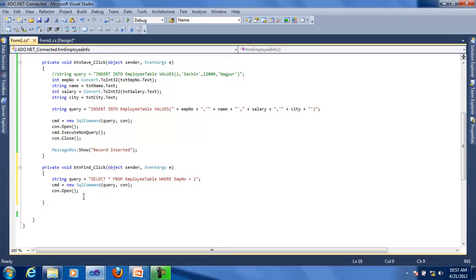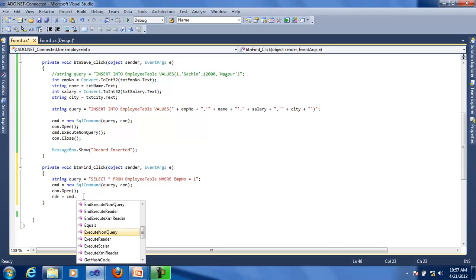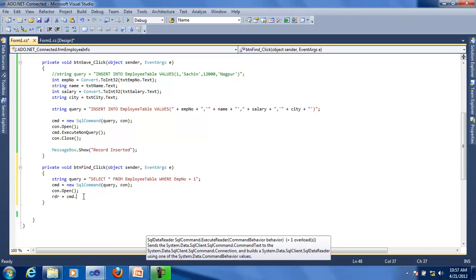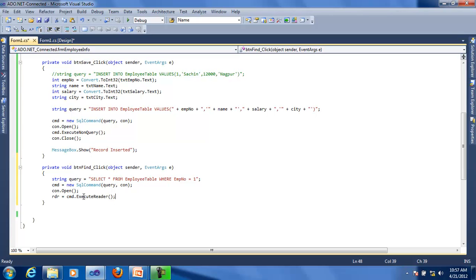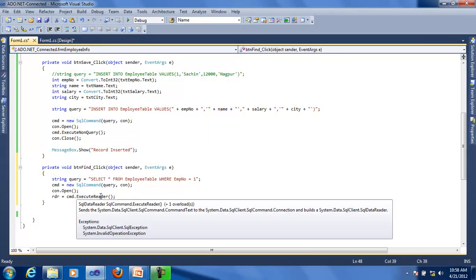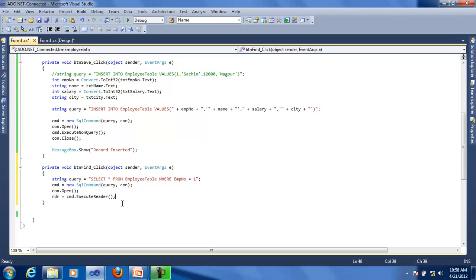Then here I'll say RDR is equal to command dot execute reader. Now what will command dot execute reader actually do? You can't create a reader object like new SQL data reader. You have to always use command dot execute reader at the right hand side of RDR. So this execute reader method will actually create the reader object for you